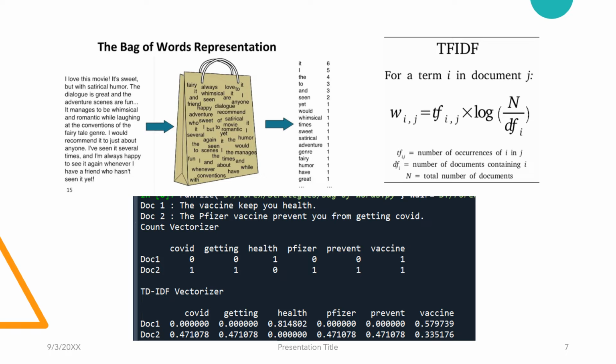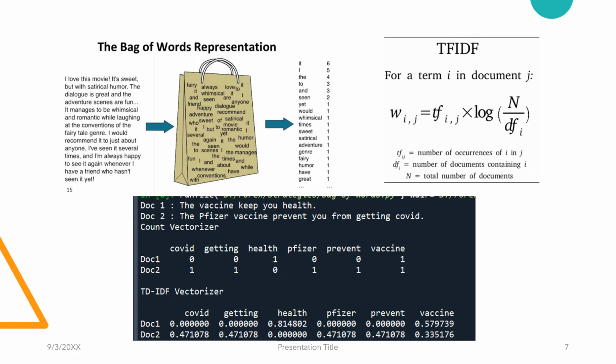TF-IDF is a little different. It calculates the term frequency and inverse document frequency for each word in the text corpus. Intuitively speaking, if a word appears more frequently in document A, but not so frequently across all other documents, that implies this word is very important for document A. According to TF-IDF, a larger weight will be assigned to this word.